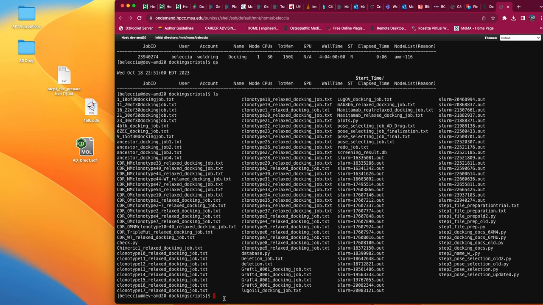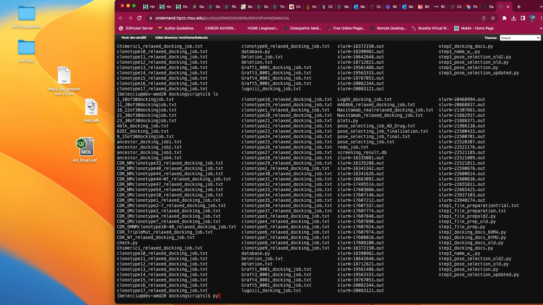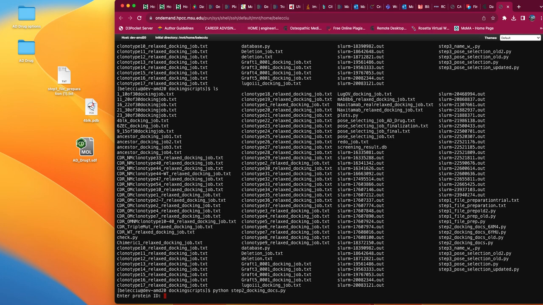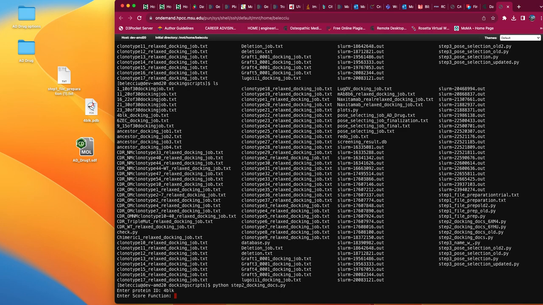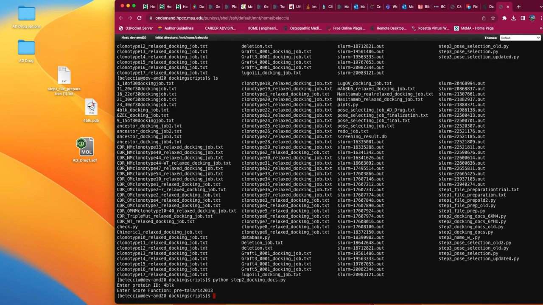That's all good. Now let's run the second Python script. And that would be step 2. This is the second one, and the last one you'll do before actually docking. Again, specify the protein ID. And the score function. By default, I use pre-Talaris 2013. There are other ones you can use, but this one's been proven to be the best for small molecules. So. Okay, so now, once this is done, this will generate a job that will actually submit the docking, but